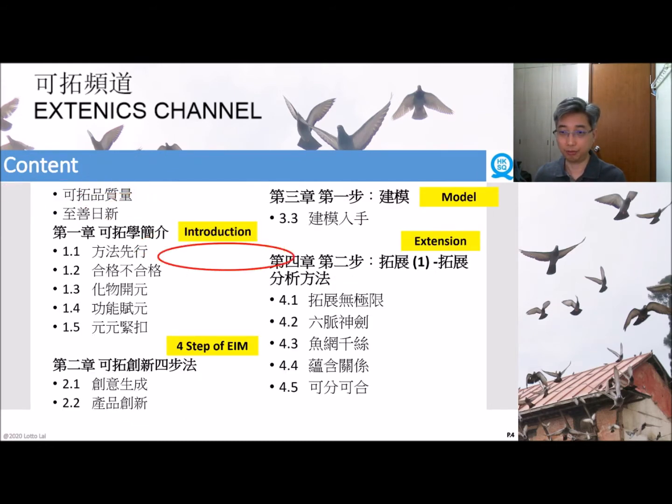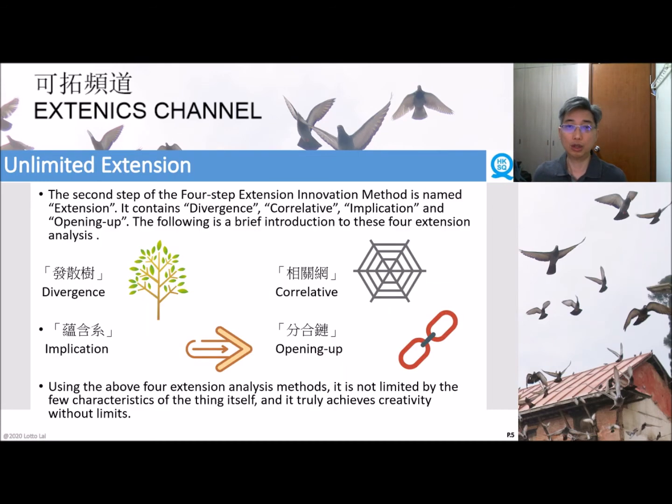So in the four steps of the extension innovation method, now we are coming to the second step, extension. In the beginning, we talk about unlimited extension. What is unlimited extension? It involves four extension analyses. They are divergent, it's like a tree, so in Chinese, a divergence tree. Correlative, it's like a net. In Chinese, a correlative net. And implication, and also open up, but in Chinese, it's a two-way train. One is open, one is